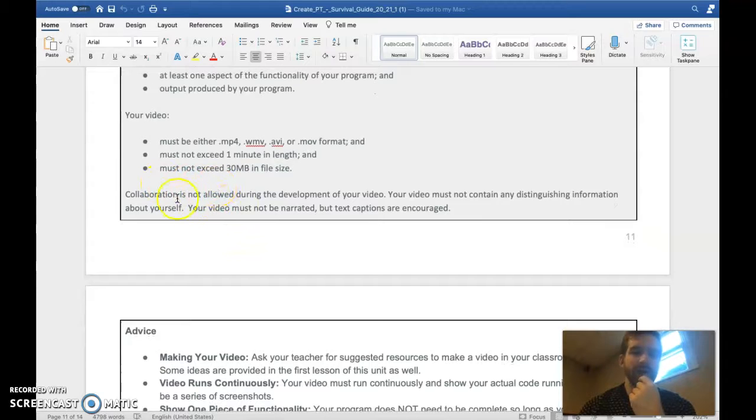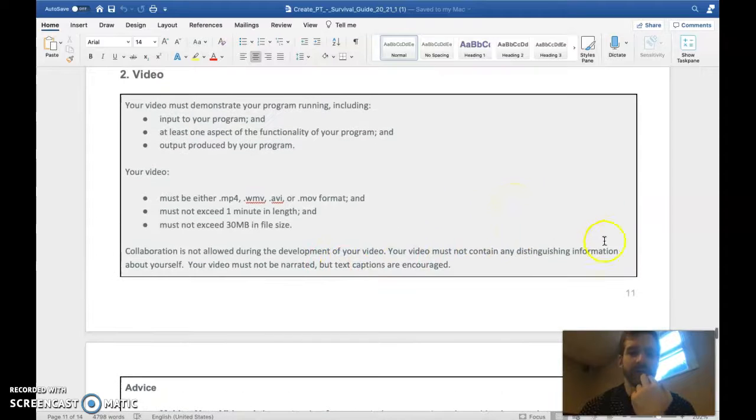So if you decide to work with a partner, you have to work on this part by yourself. Your video must not contain any information distinguishing you, and your video must not be narrated. So you can use text captions if you wanted to. If you want to do that, you can, but it's not completely necessary. So anyway,